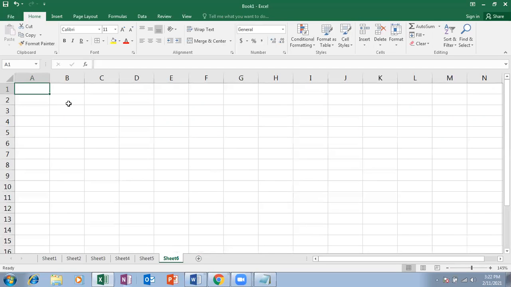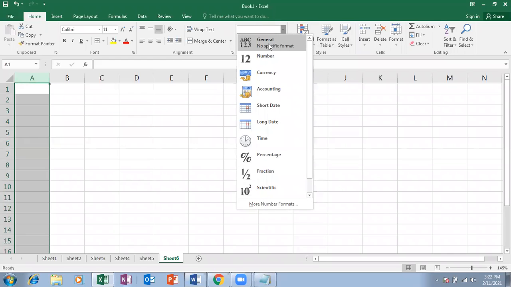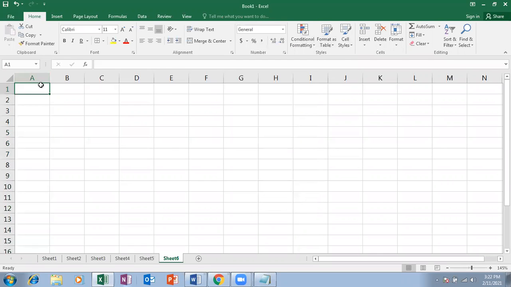Okay. So now here, let me select this first entire column. This is for general. So no specific format is there, so I can enter number or text. It will be useful for entering things like employee IDs, A001, where I require text and numbers, everything.